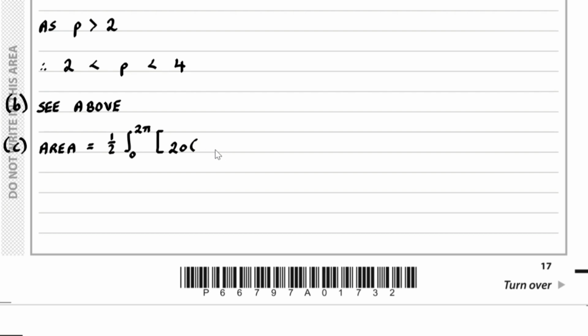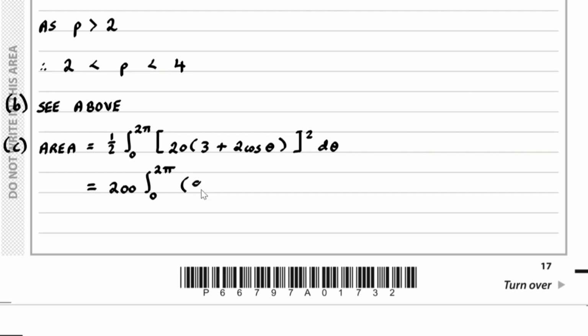That's 20 lots of 3 plus 2 cos theta, and then this is all being squared. We're going to integrate this with respect to theta. Now 20 squared is 400, and if I multiply that by half I get 200. So I've got 200 lots of the integral from 0 to 2 pi of 3 plus 2 cos theta